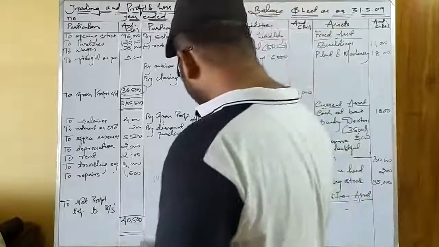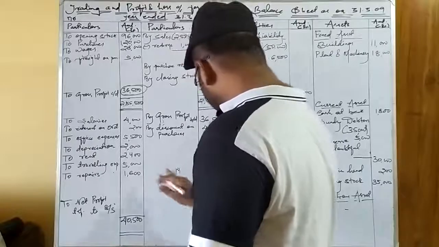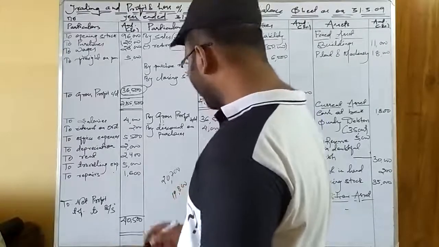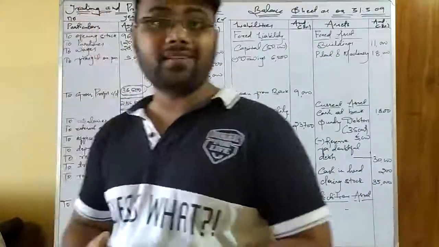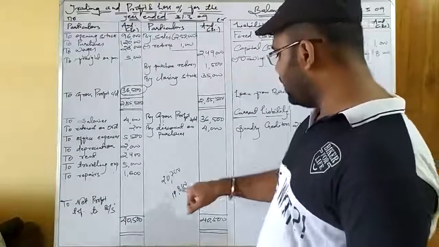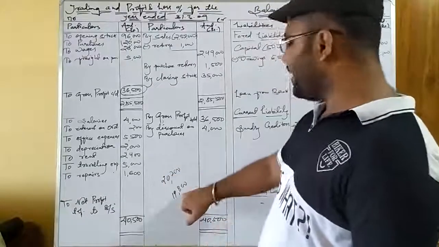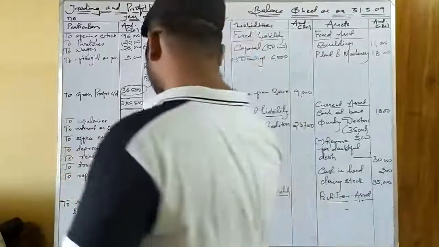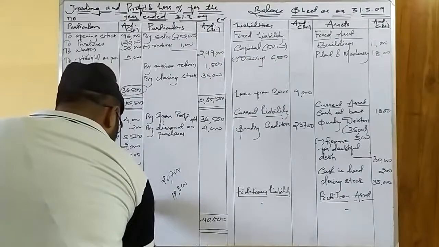So let us see whether we are getting the correct answer or not. 15, 7, 8. It is 9, 3, 2, 1. So we are getting 19,800. Let us see whether we are getting the correct answer. Yes, the net profit answer given is correct. So the highest total is 40,500 and the debit side total is 20,700. And when we subtract these two, we get 19,800. And according to the book the answer is correct. So the net profit that we got here is 19,800.